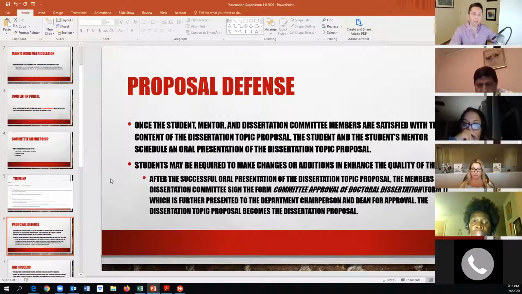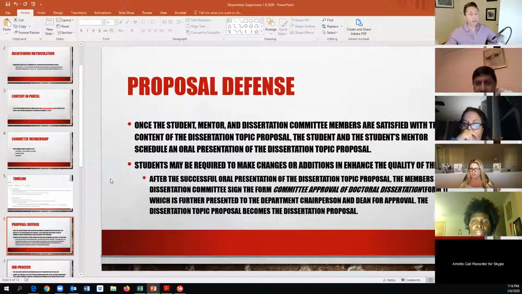I know you worked with Allie McDowell, but now you're going to be working with another supervisor. And if one of your committee members, let's say that you think you're ready and your supervisor thinks you're ready, and one of your committee members has a problem with the overall research design, it's better that we address that right then and there rather than 6 months down the line where you use that design and they say, hey, this is not kosher, this is not cool moving forward. And then you have big problems down the line.